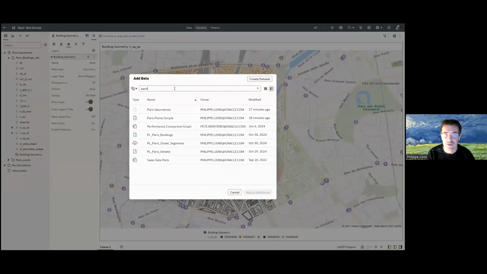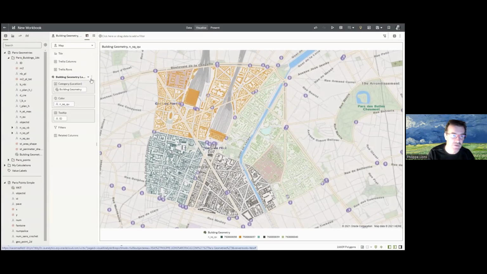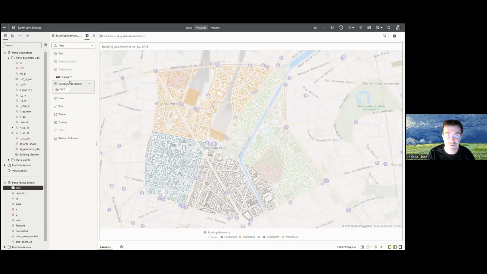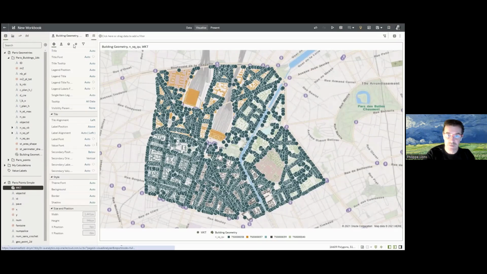And of course, all the other capabilities, such as the formatting, just work exactly the same in that map. Let me add another data set to this. That other data set is not joined to my initial data set. To keep it simple, I also took another data set that was a CSV, and you can see that it also has a geometry. It's WKT named. So I'm going to add a layer on my map and simply drag that other geometry on top of my existing layer. Now I have two layers overlaid on the map, the points first and the buildings in the back.